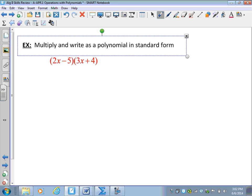So you're probably used to multiplying horizontally, called the FOIL method, right? First, outer, inner, last. That should be familiar. If you like it, go ahead and stick with it. If you don't really like it, let me just give you folks another option here. This is really going to resemble multiplying with real numbers, where we stack your numbers. Like if you were doing